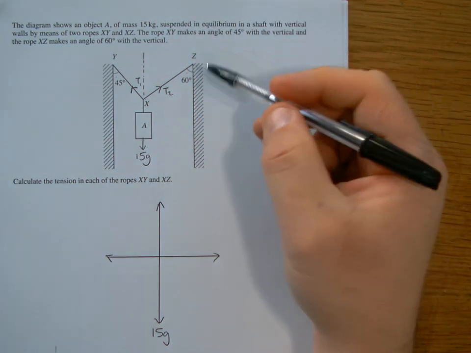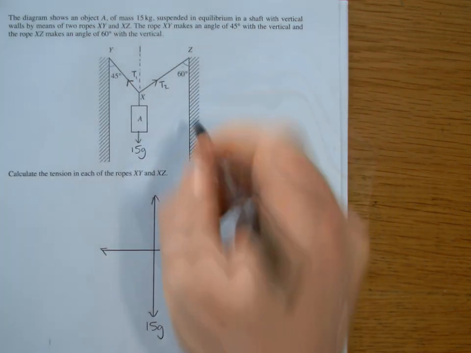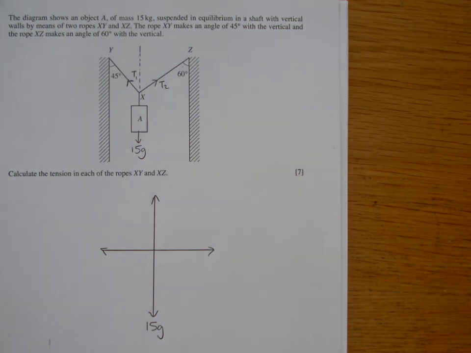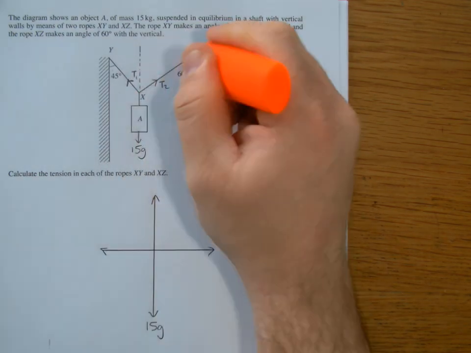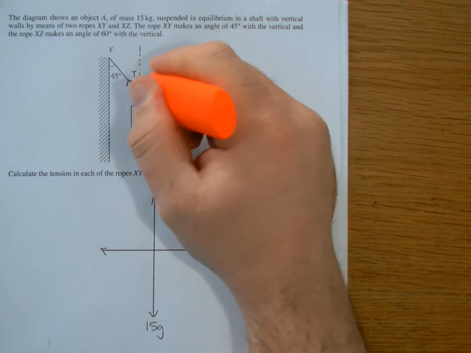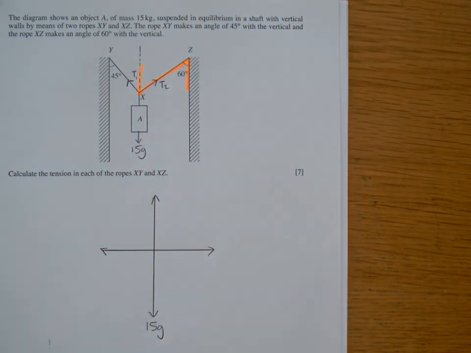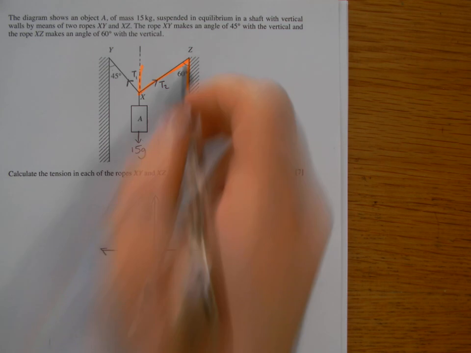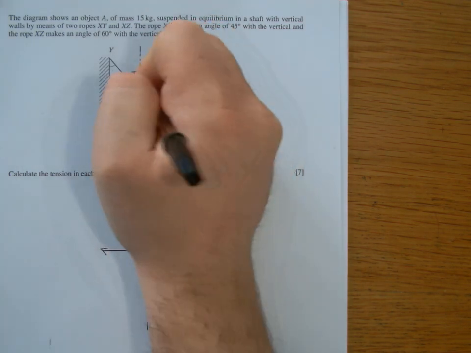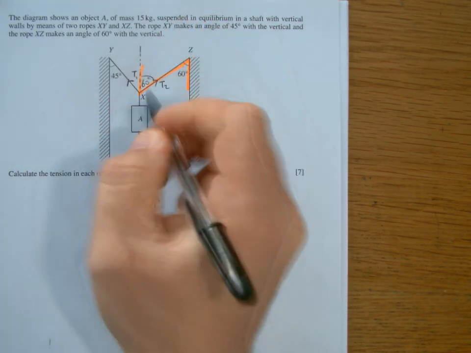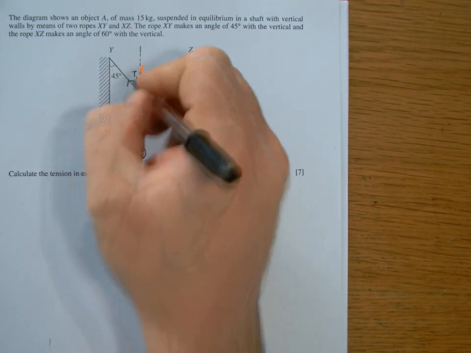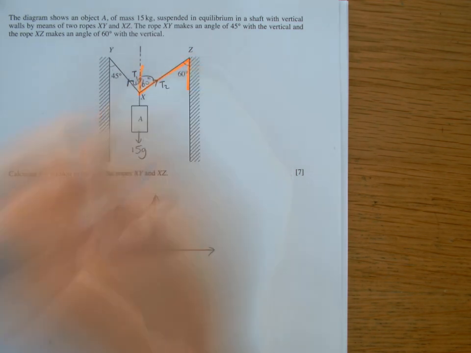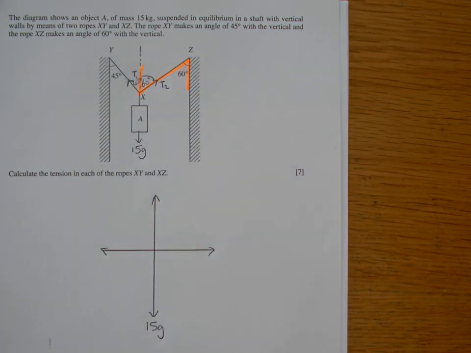We can appreciate that we've got here a Z angle, so if this is 60 degrees, so also must this be 60 degrees, and then similarly if that's 45 degrees, so also must this be 45 degrees, because again we've got another Z angle,